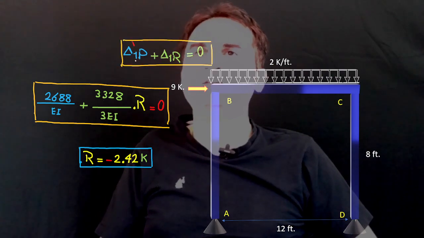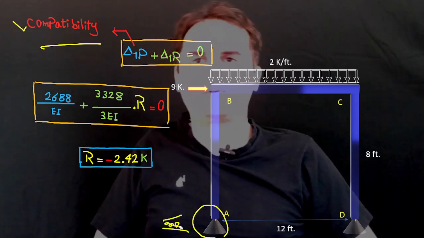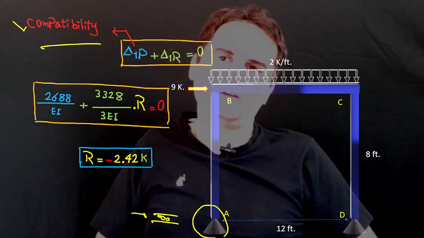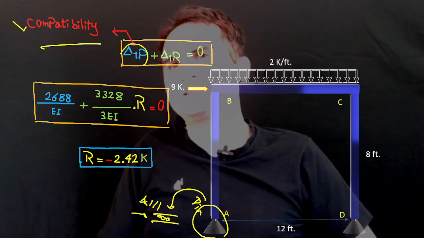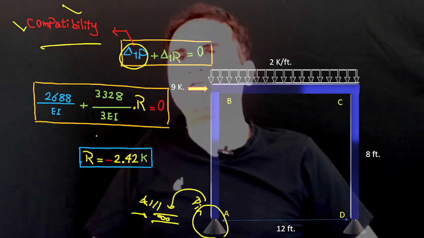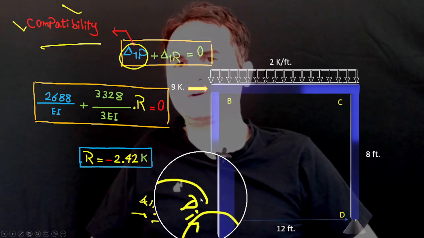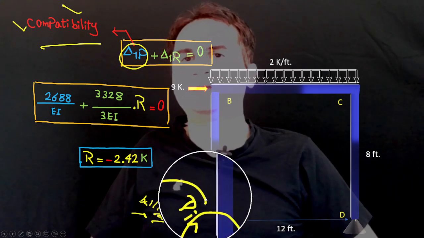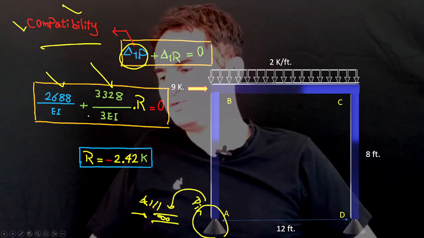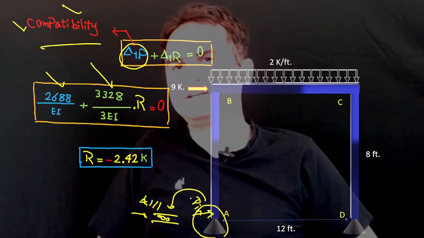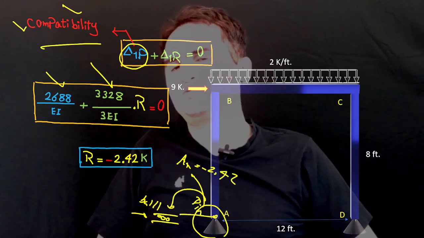Then by using the compatibility equation, delta 1, because we have a real pin here, not the ball support. So we solve the problem by first solving for a determinate structure, replacing the pin by a ball support. And this is the answer for that part. Then the compatibility equation just says delta 1 due to real force plus delta 1 for reaction should go to 0, because in the original structure at A we don't have any ball, but we do have a pin, which prevents the horizontal and vertical displacement. If you equalize these two parts, it just gives you our redundant reaction, which is AX here. AX is equal to negative 2.42,